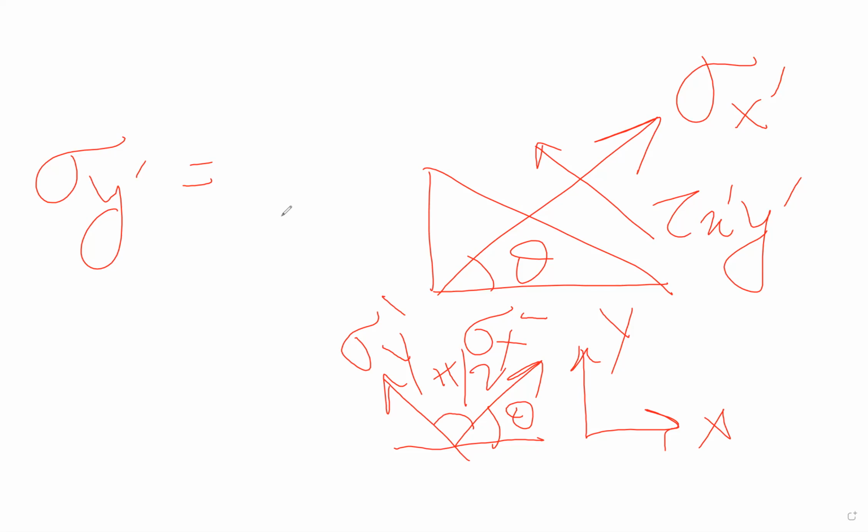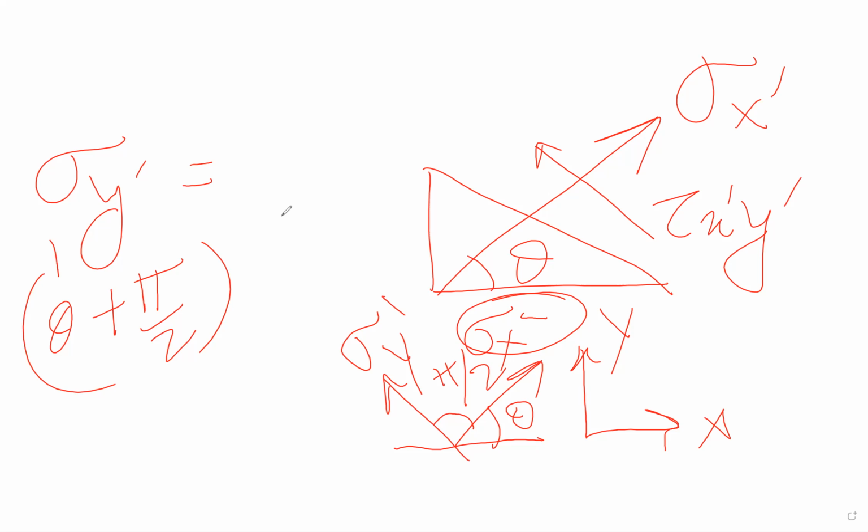All the equations derived here consider the angle theta. What we have calculated there, sigma x dash, is calculated by considering theta. If you are calculating sigma y dash, then we simply put theta plus pi by 2 in that equation. Then the sigma y dash relationship will be developed. Have you got it or not? Yes, sir. Okay, thank you.